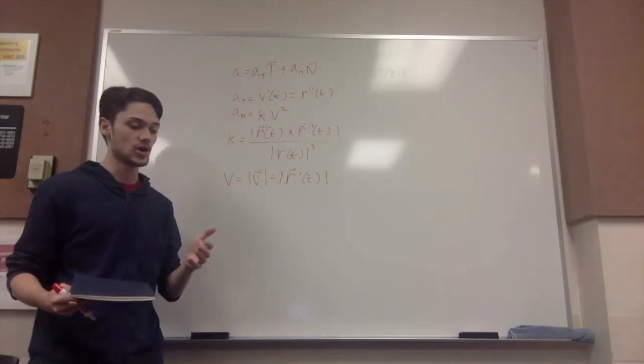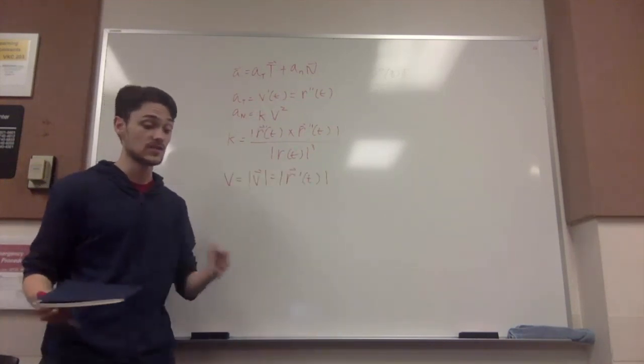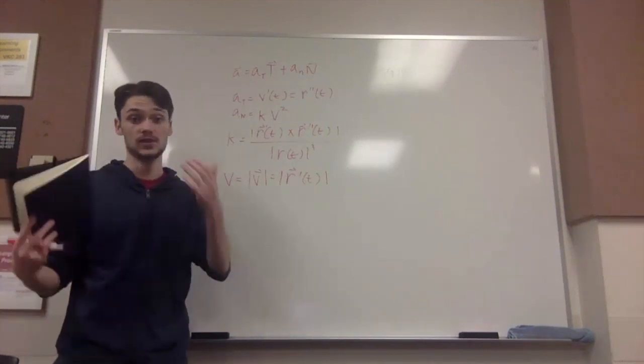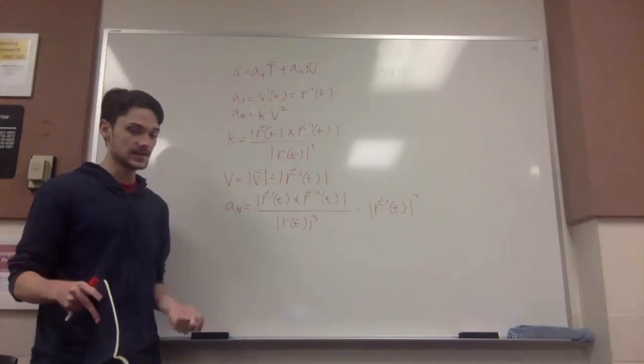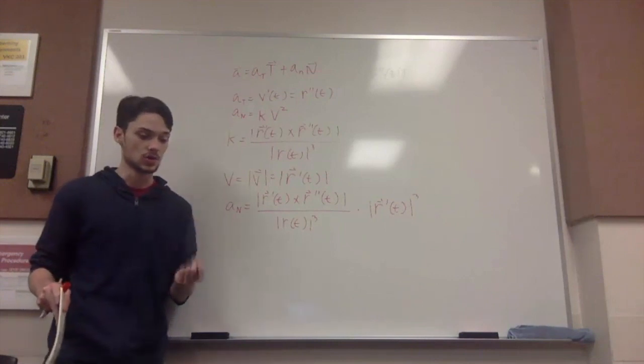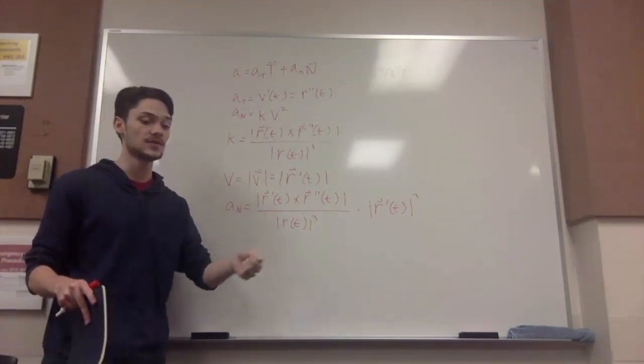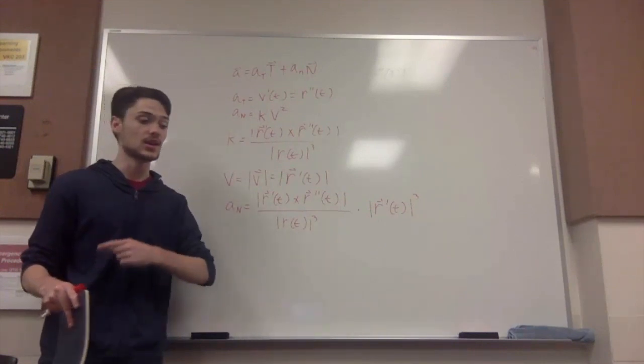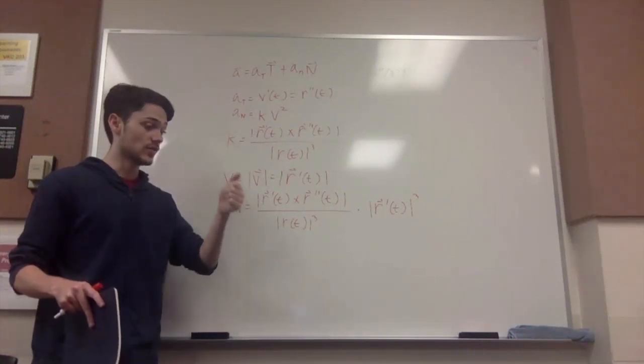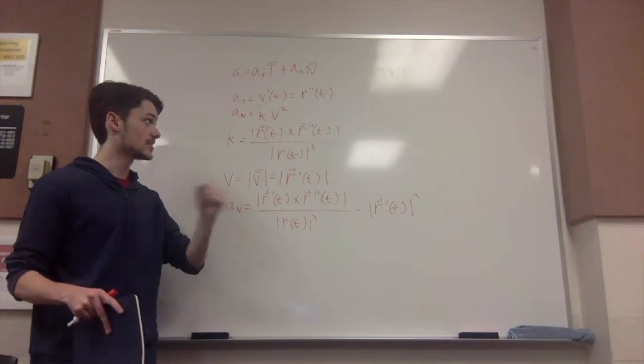And we also recall that the velocity is a scalar given by the magnitude of the velocity equation. So we finally get that the acceleration in the normal direction is given by the magnitude of the cross of r prime of t and r double prime of t over the magnitude of r prime of t cubed times,